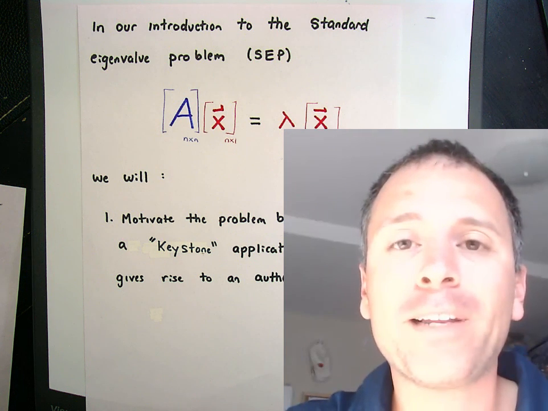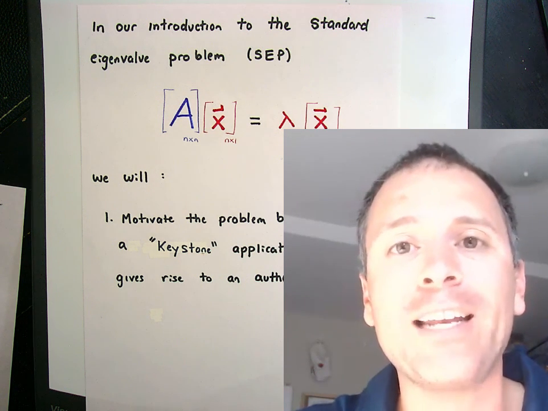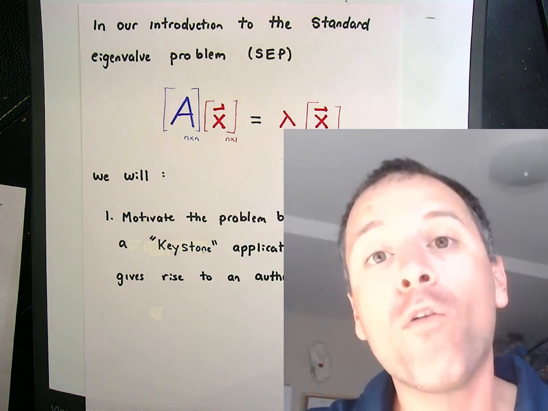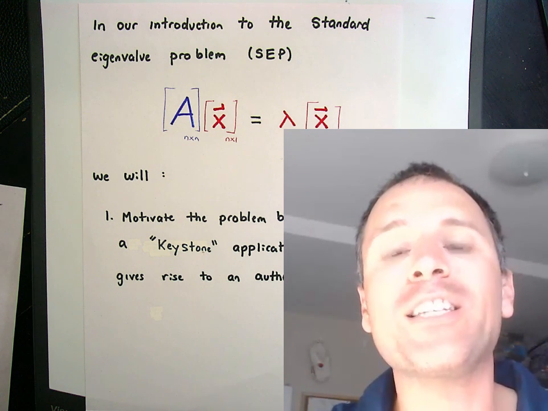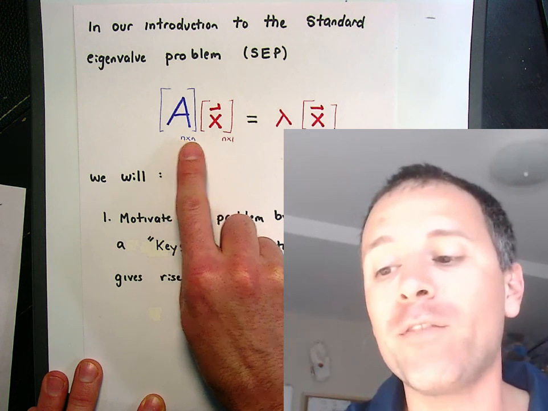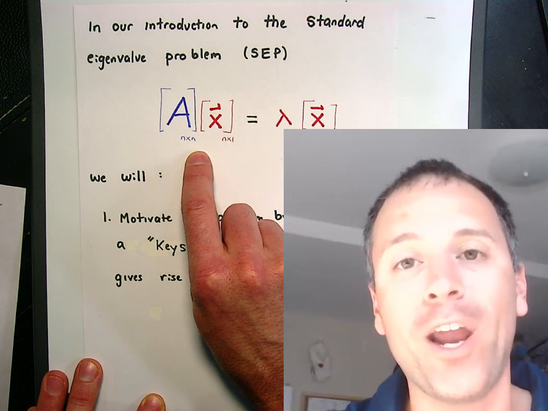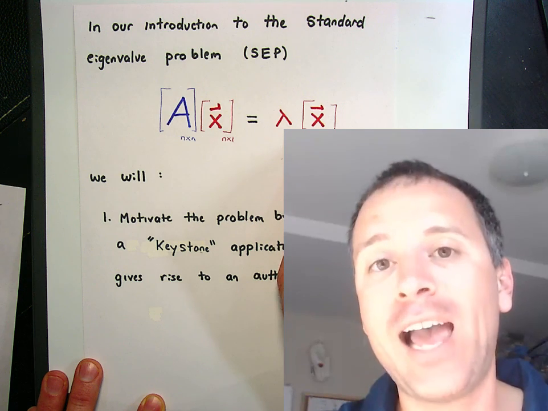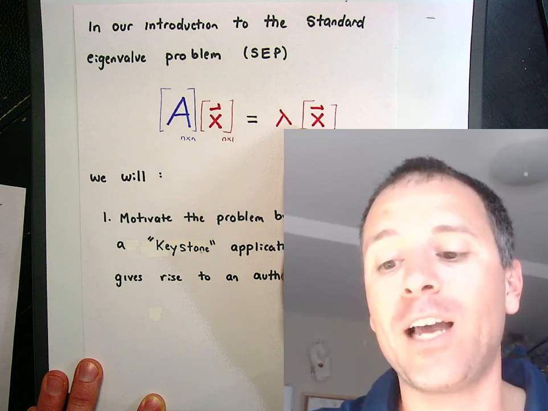I hope that list of applications sparked some curiosity and got you thinking about your own academic interests and how you might leverage this technology in your future. For us in this introduction, my goal is not to get advanced. My goal is to set a very solid foundation. So when we study the standard eigenvalue problem, which is given a modeling matrix A that is n by n square, find a lambda scalar and a vector x that when paired together satisfy A times x equals lambda times x.